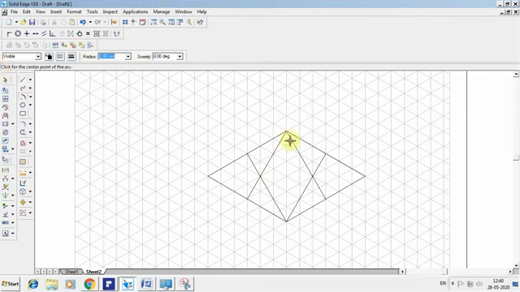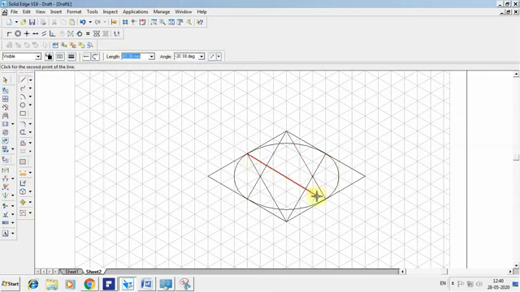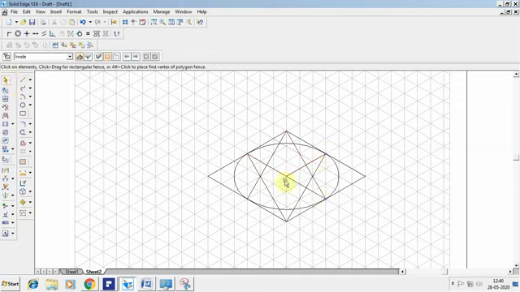Go for arc by center point now. This is the center, this is the radius. I want to connect. Similarly from this I want to connect to the end points. Now go for the intersection of this. Select the lines and join the points. Again I want to convert into the circle. Once you've done the circle, identify the center point. Again from the center I want to create. So now this will be the center.